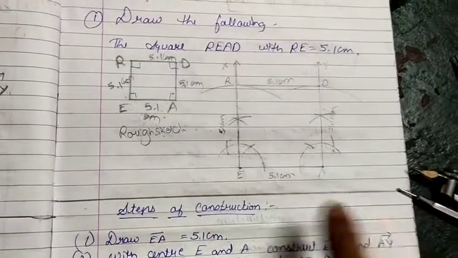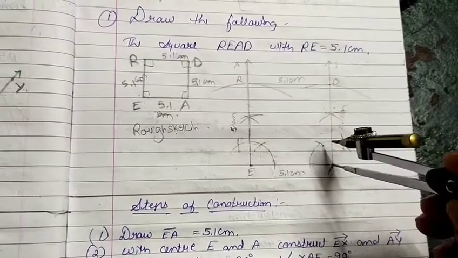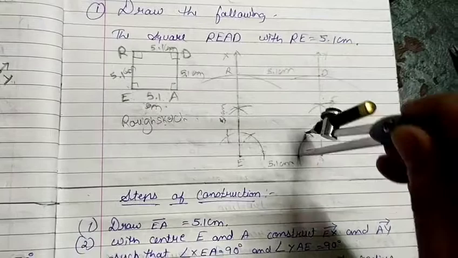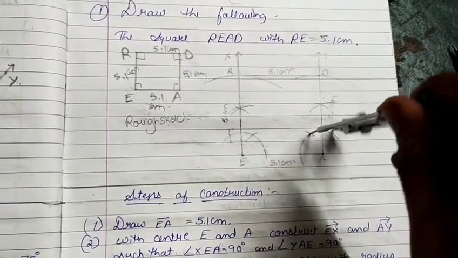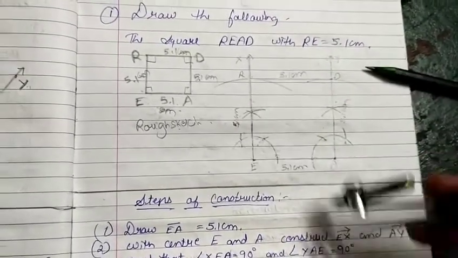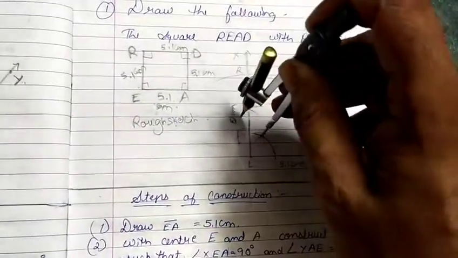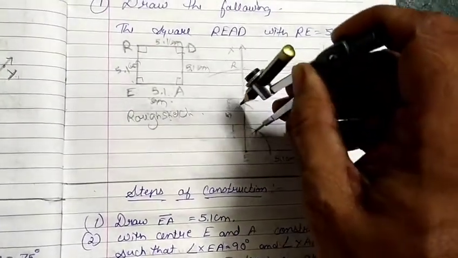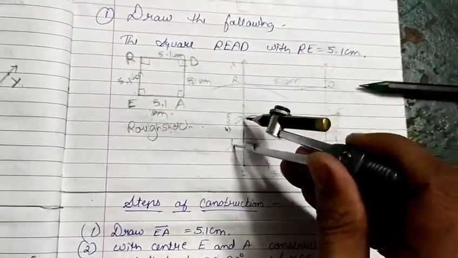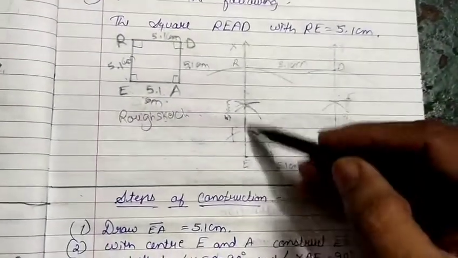Dear student, as all angles are 90 degrees, let us place it on A also and make a cut at 60 and 120, and try to get the bisector of the 60 degree and 120 degree. Now you can change your measure, or with the same measure you can place it on 60 degrees and make a cut, and place it on 120 and make a cut. This is how you got 90 degrees over here.